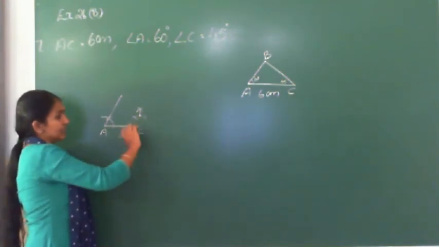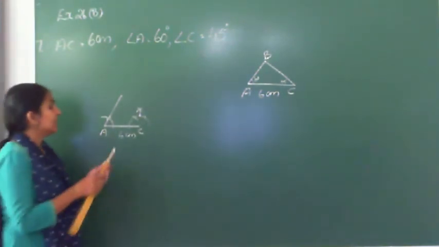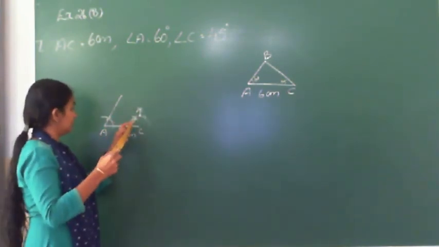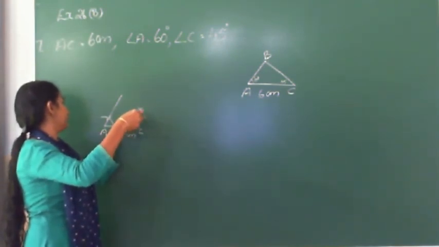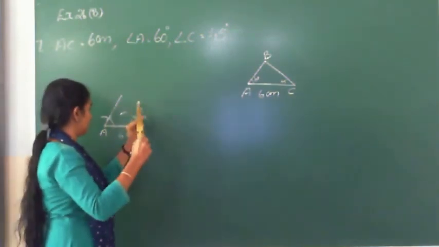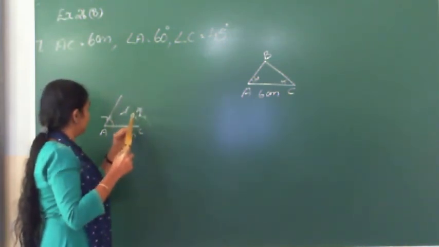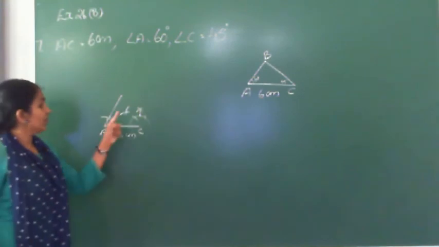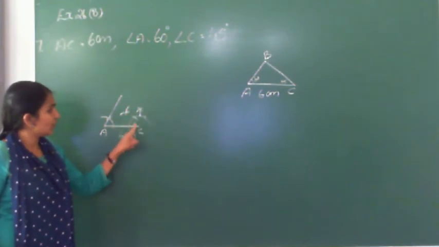Bisector of the 0 to 90, that is our 45°. 0 to 90, its bisector we want to find out. For that what we need? We have to keep our compass in 0 and then 90, bisect it. So we got the bisector of the 0 and 90° here. Now join this one with the C.